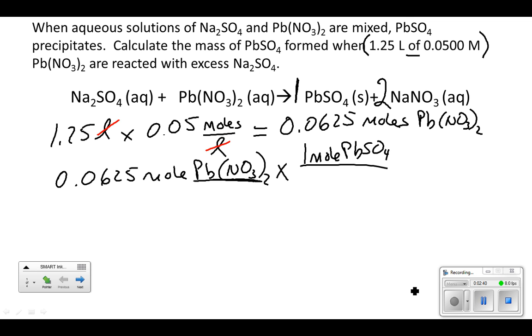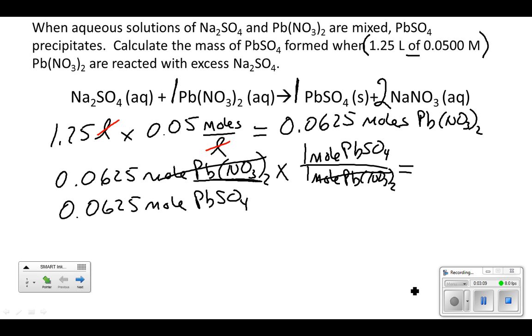The number in front of that is also 1, so it's 1 mole of Pb(NO3)2. So doing that step was essentially not doing much of anything. The moles of lead-2 nitrate cancel out the moles of lead-2 nitrate. It's times 1 divided by 1, which is 0.0625 moles of